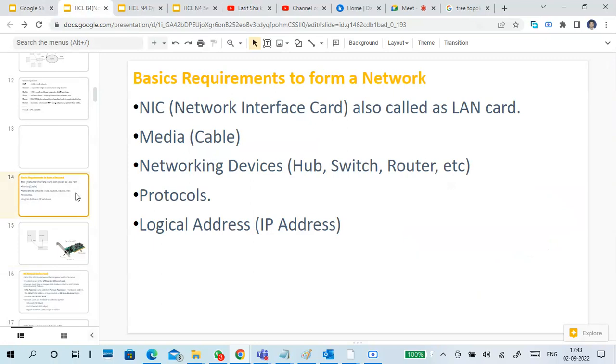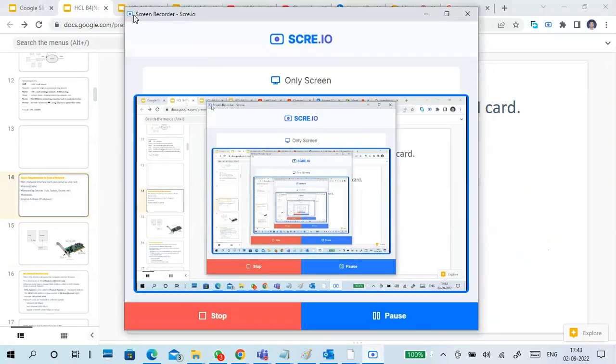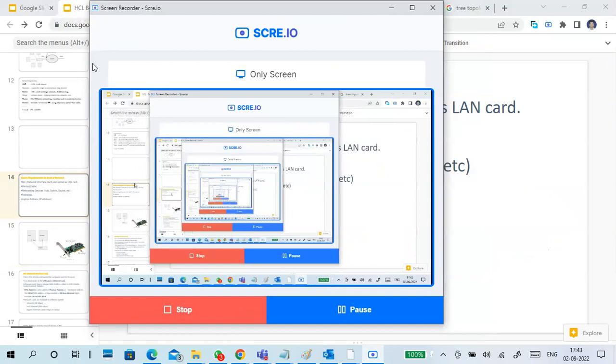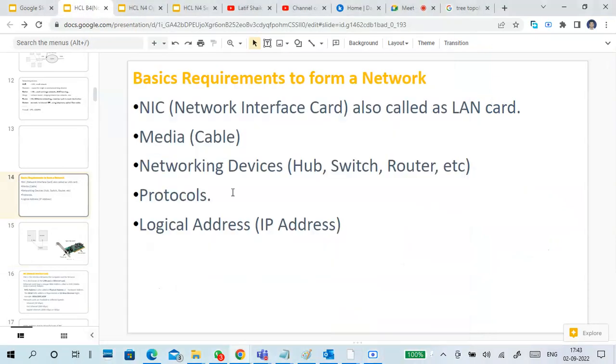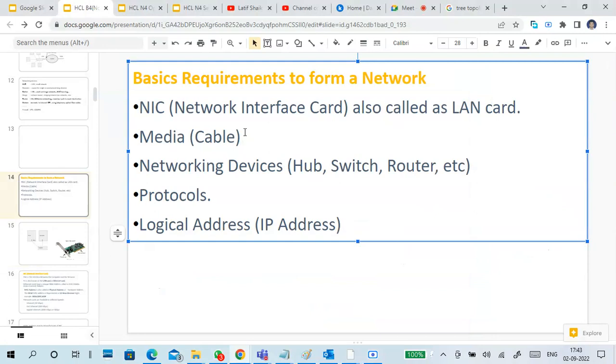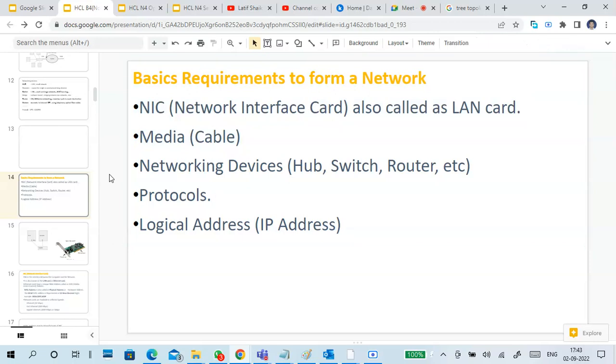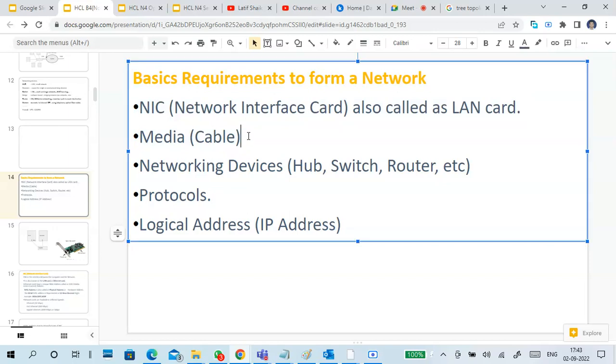Of course we have a lot of time. What do we do? Take a break, guys. A small break, just five minutes. Then I will explain NIC and cables. These two will finish today. The only things left over are IP address, protocols, and the OSI layer. These three main parts will be left over; we'll take care of them on Monday. So after the break, I will go into NIC and media.